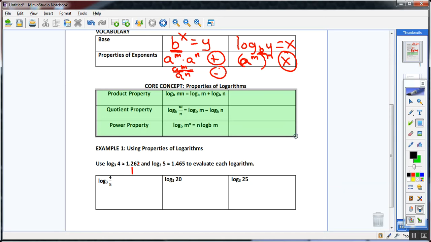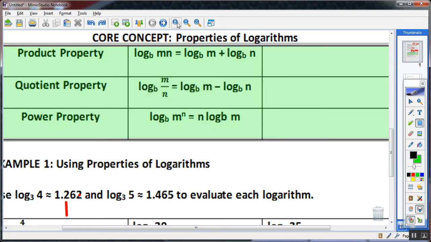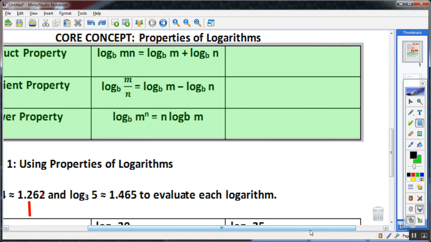Okay. It's kind of like saying if you have e to the m times e to the n, you would add your exponents. So as an example right here, if I had maybe like this, if I had log of, oops, didn't want to do that. Let me blow this up quickly. If I had maybe an example like this,